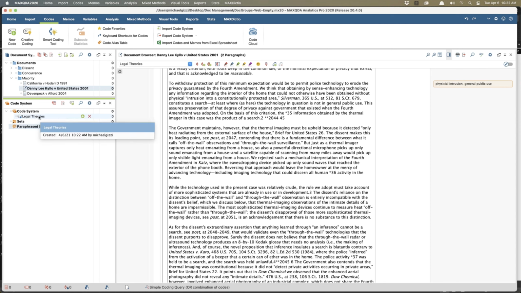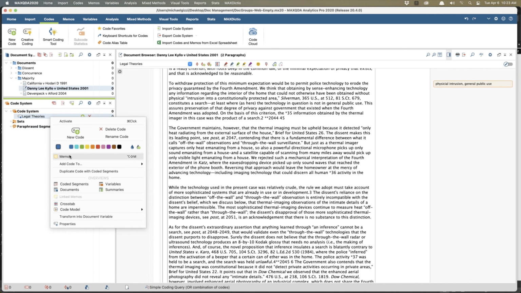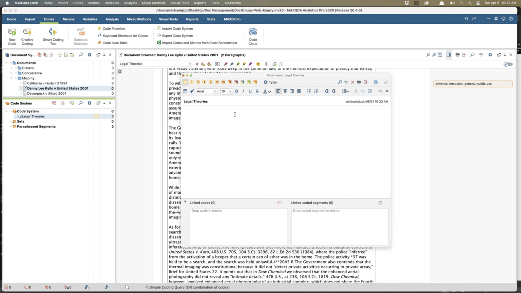I should have, but you all know how to create a memo. All you have to do is right click it and add the memo. This is going to be the overview. This is going to be a top level code for theories.